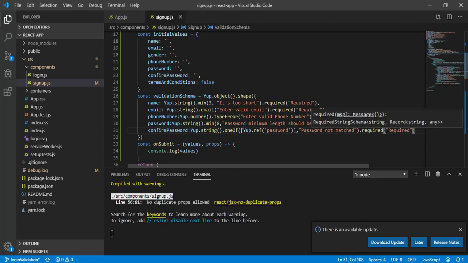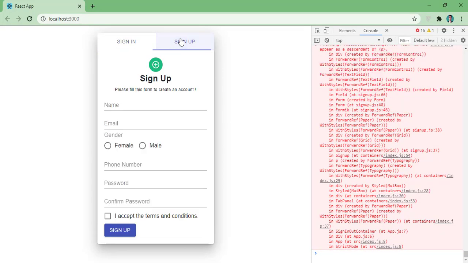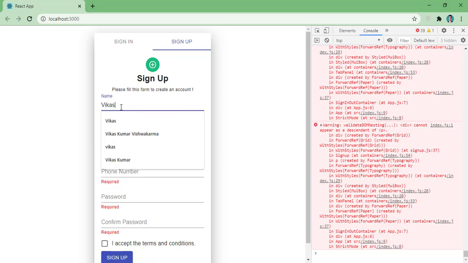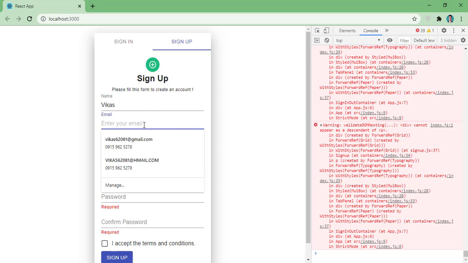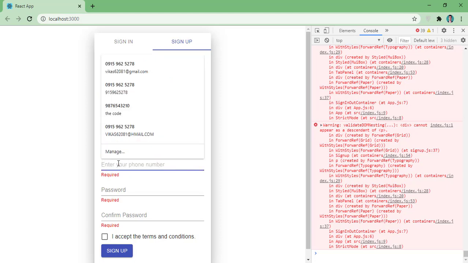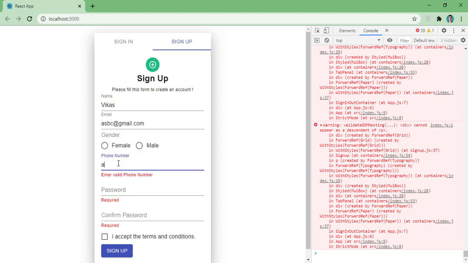Now let's come to the UI and validate all these scenarios. Once I hit sign up, you can see I got errors here. Now let me enter something, and this error has gone. Let me enter an email, and that error has gone too. If I try to enter AS, which is not a phone number, I get the error enter valid phone number.